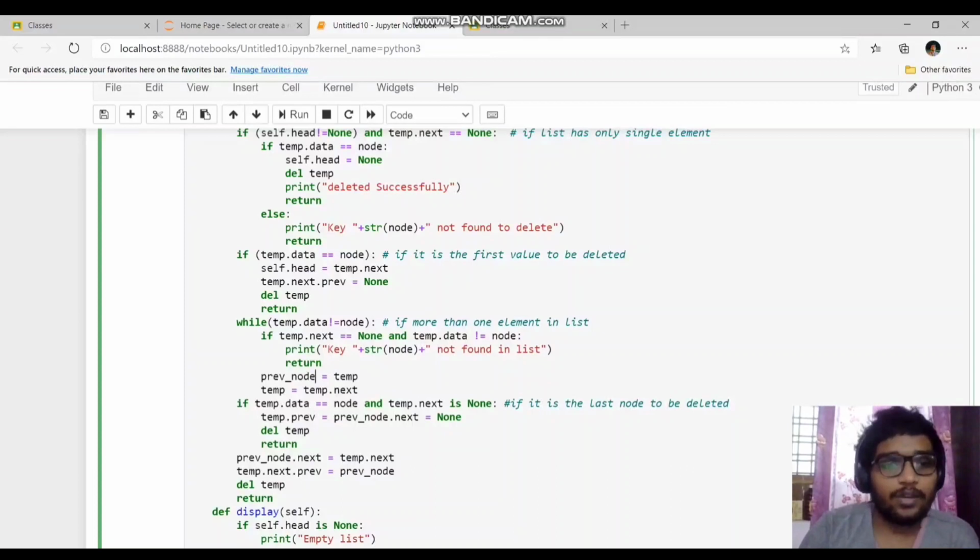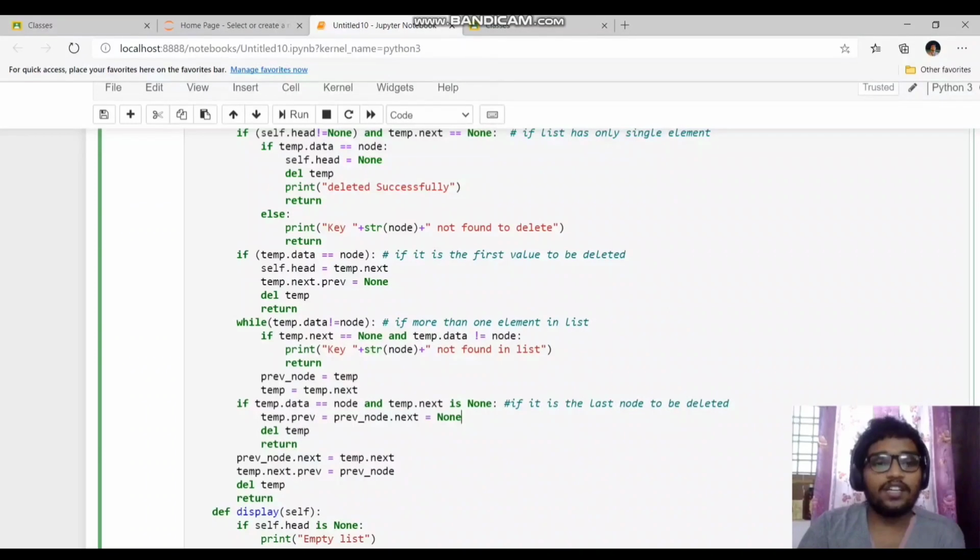Now after this loop finishes, we'll check another condition, that is if it is the last node to be deleted. That means we found the data, but in the case of last node deletion, we won't be having any further nodes, right? So you have to specify a condition there. So if temp.data equals node and temp.next is none. If temp.next is none, that is nothing but the last node, right? So in case of last node deletion, we'll follow this procedure: previous node.next equals none.